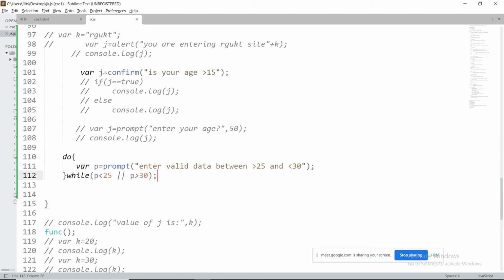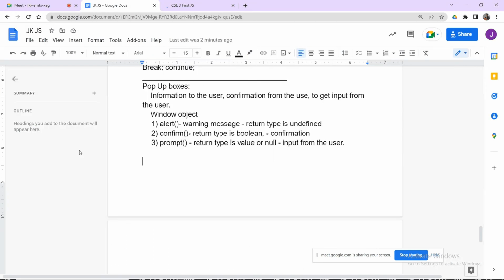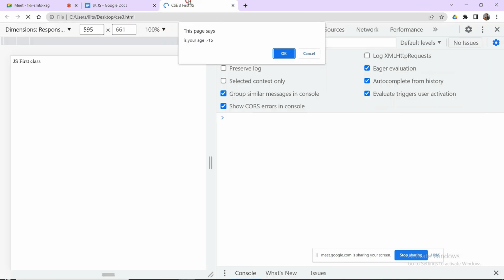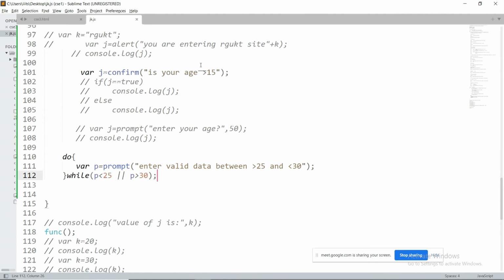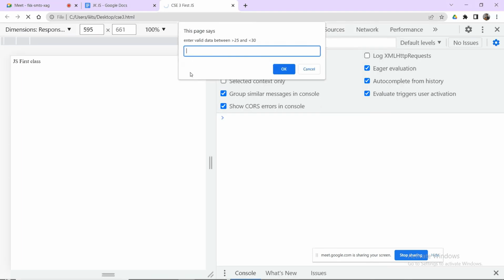You can check this. You may get certain doubts here. I will execute it. I'm sorry for this. Enter valid data between. So if I enter 28, click OK. It is iterating, right? If I enter 78, click OK. It is iterating.